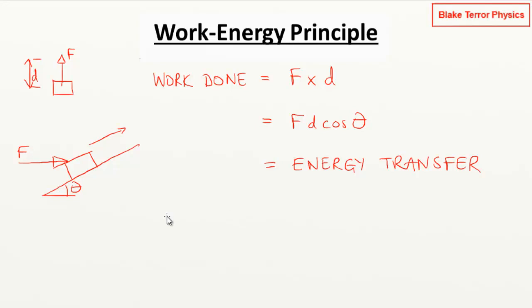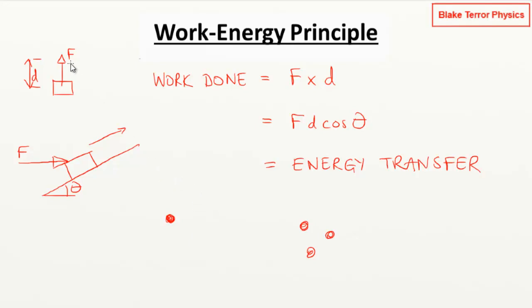So energy is either sitting in some object or some system of objects, however many that may be. It might be one object on its own, or we've got a group of objects. And every time we perform work, we're moving energy around. It might be from one object to another object, or from a system of objects to a single object, or from a single object to a system of objects. So in some way, energy is being moved from one location to another.